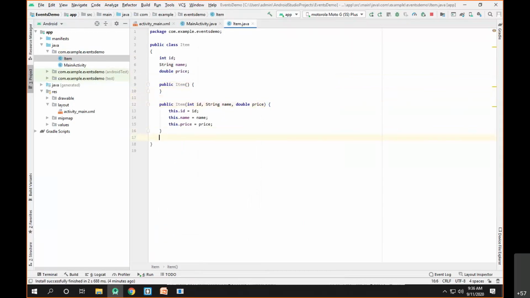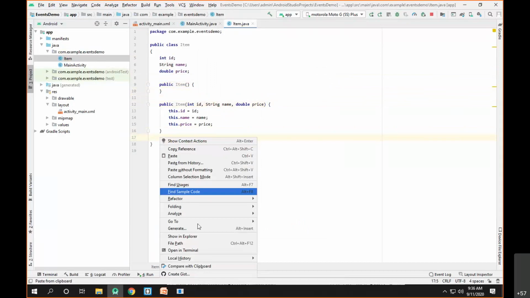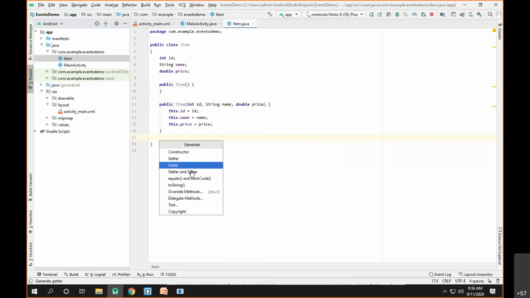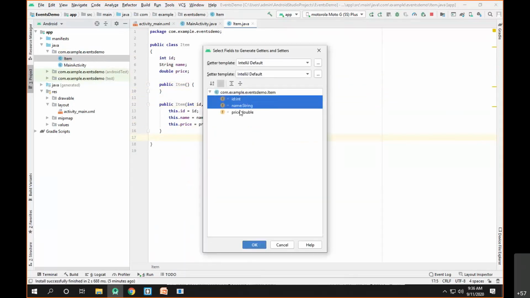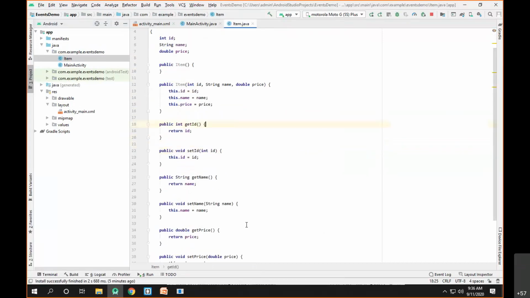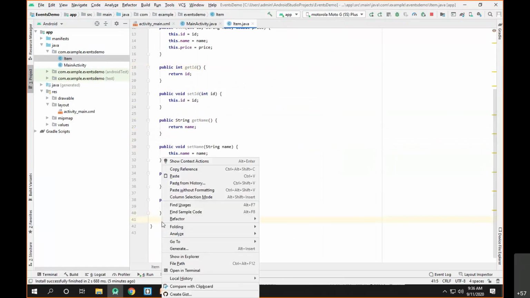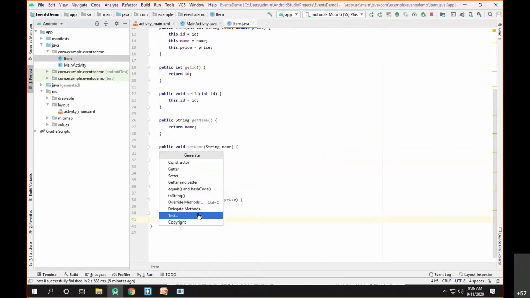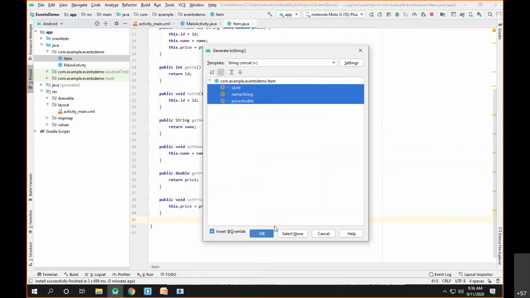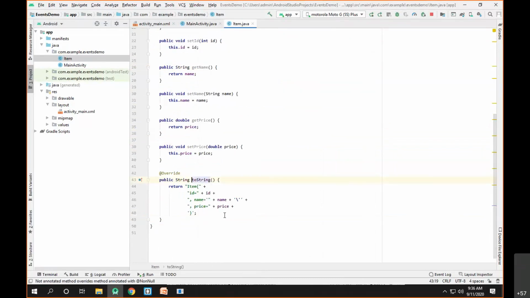Then we'll generate getter and setter methods for each, using alt insert. And we want to generate a toString method, so right click, generate, and click on the toString method. It will generate a toString displaying these particular things.